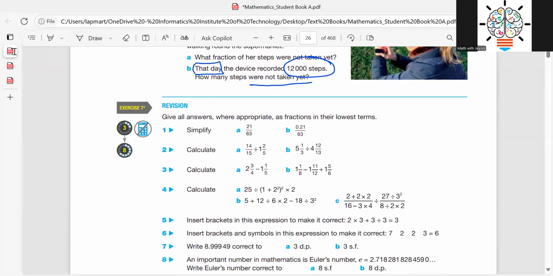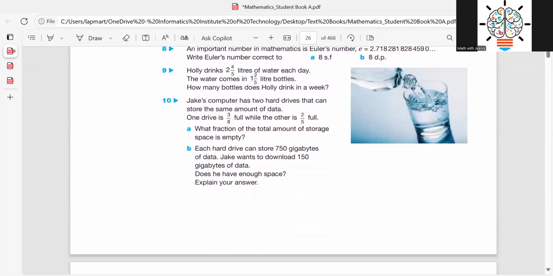So then we will move to exercise 7 star, question number 9. Holly drinks 4 over 5 liters of water each day. The water comes in 1 2 over 5 liter bottles. Let's say that we do have the small bottles, and then she drinks, right? So for the whole day she has taken 2 4 over 5. The total water intake is 2 4 over 5 liters. And at once she can have 1 2 over 5 water intake from her bottle. Here we want to see how many bottles she drinks